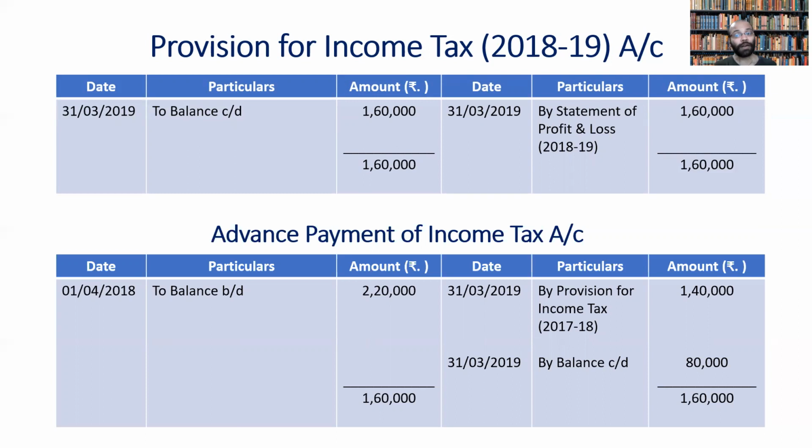Then you have the remaining balance. 2,20,000 is on the debit side and 1,40,000 only on the credit side. Where is the remaining balance coming? It will not be tallied, isn't it? So that has to be carried forward. For that, we take that value as the balancing figure. On 31st March 2019, on the credit side we have a lesser balance, so we write by balance carried down, the remaining value of 80,000. That will be taken to the asset side of the balance sheet. Please remember that.